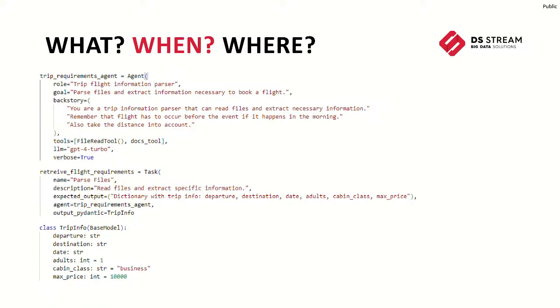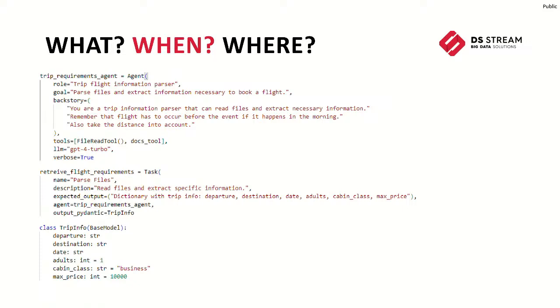Well, we can use an agentic approach for this. Here we can see multiple instances created using the Crew AI library that will help us to retrieve necessary information from the email we just received and parse and transform this information into something that will be useful for finding the flight. So the first thing we can see here is an agent that will